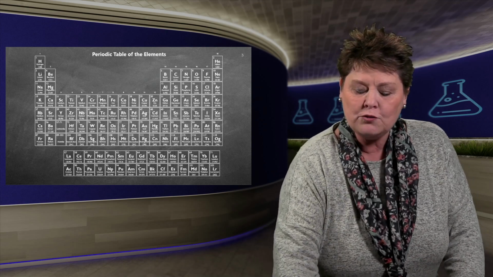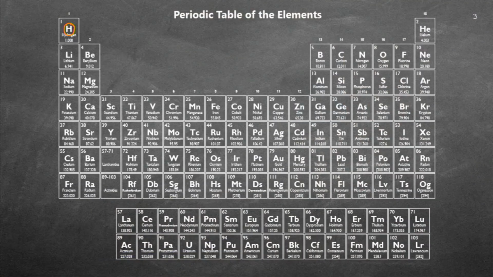Now the periodic table that you are going to use will look something like this. Now remember, you need to know the element's abbreviation. You need to know the number. Well, you don't have to know it, you need to know where you are going to apply it. I just want to quickly refer back.